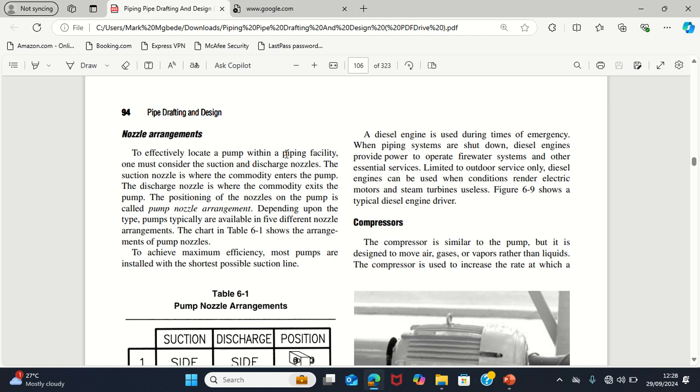Mechanical engineers are responsible for designing the equipment, but the piping engineer is responsible for placing the equipment on the layout plan. Piping designers do equipment planning and the equipment location drawing. Fine, because it is this location drawing that will let you know: okay, this way I'm placing this equipment, at this elevation, at this west, this south, this north, this east. That is how you will know where to place